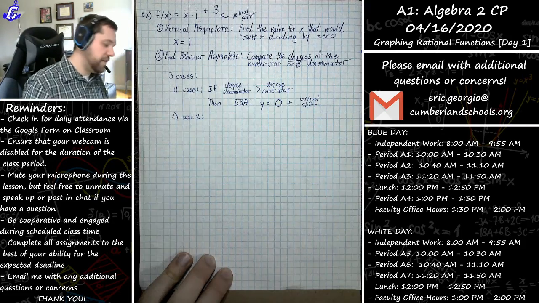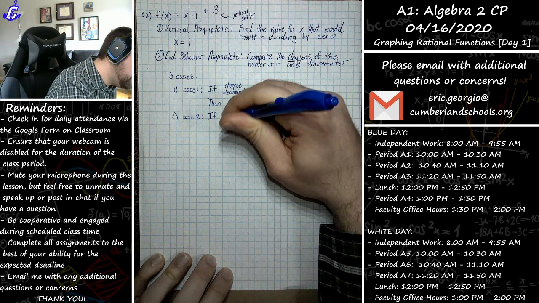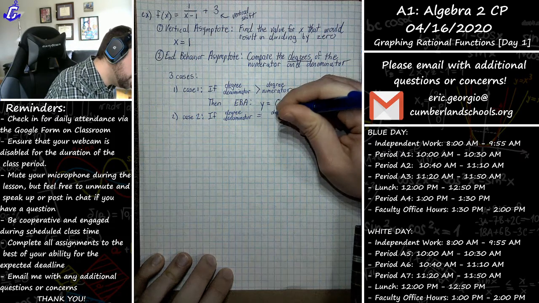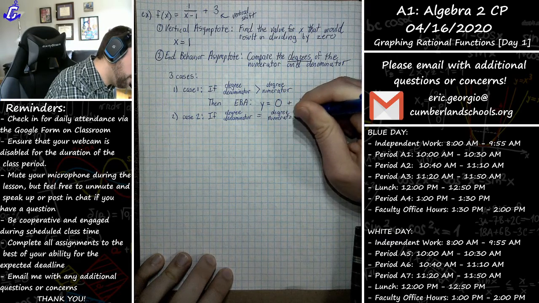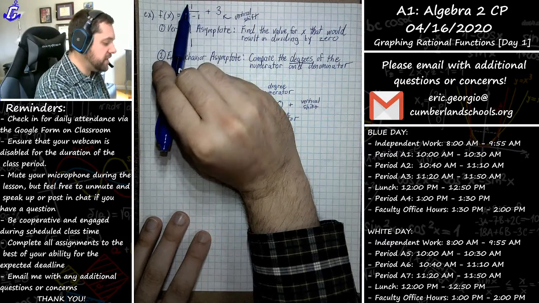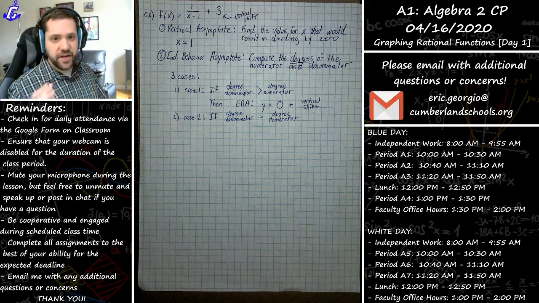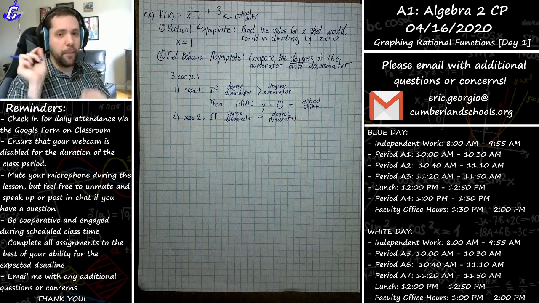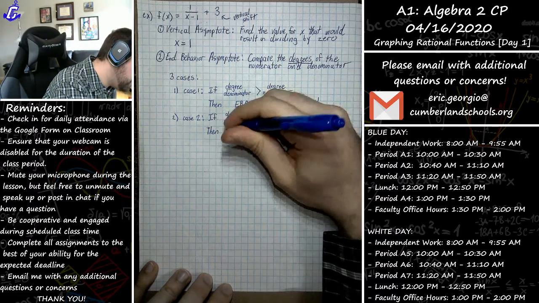I would say, well, what if they're the same? What if the degree of the denominator is equal to the degree of the numerator? Okay. What if they're the same degree? What if you look and they both have, like, this was, for example, 2x divided by x minus 1. In that case, both the numerator and the denominator would have the same degree, right? Because they would both have degree of 1. X to the first would be the biggest exponent on both the top and the bottom. Then, your end behavior asymptote